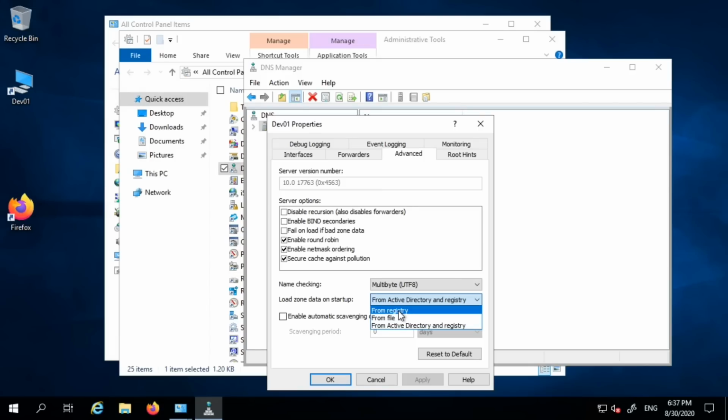You can load it from registry, or you can say anywhere, Active Directory and registry. So if you haven't installed Active Directory and you select this option, that's absolutely fine, because it will try to load it from Active Directory and registry. And obviously Active Directory is not present, but the registry is present, so it will save everything to registry, and that's absolutely fine. But if you wanted to choose from file, then it means it's going to create zone files within a